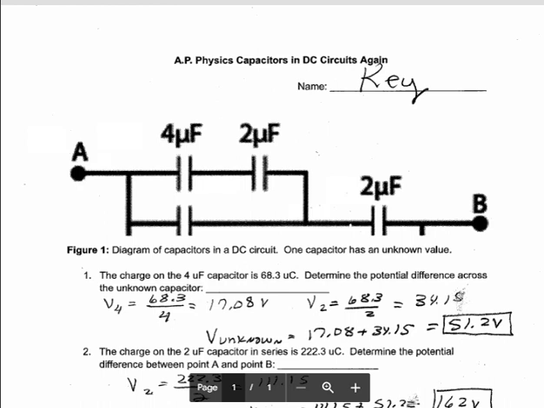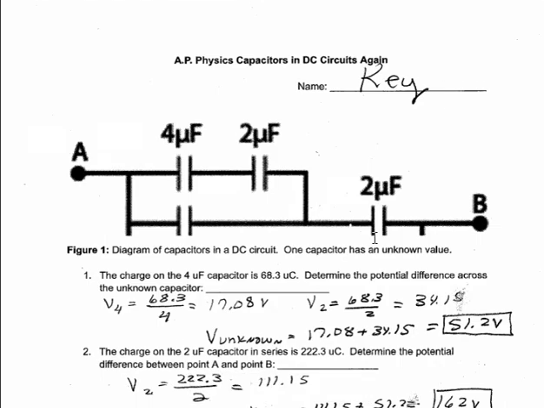Alright, just a quick answer key for some capacitor extra practice. We have a 4 microfarad capacitor and a 2 microfarad, and then there's an unknown one here, and then there's a 2 microfarad over here. So now, of course, the 2 microfarad is a series capacitor. And then we have an unknown in parallel with the 4 and the 2, which are also in series with